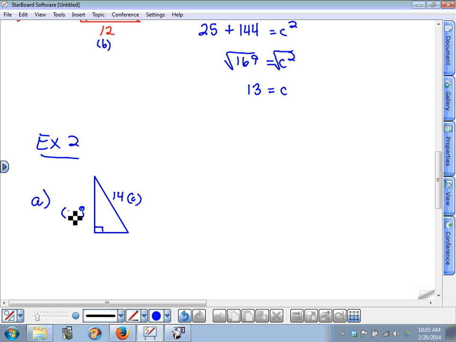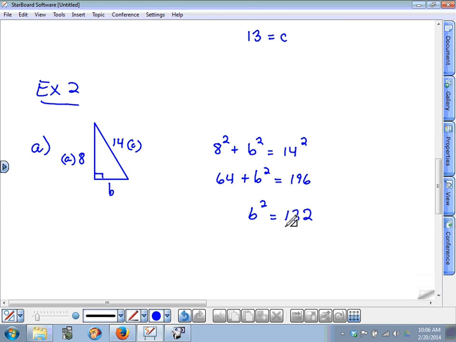We're going to call it A. So that means we're trying to find B. So we have 8 squared plus B squared is equal to 14 squared. 64 plus B squared is 196. B squared, if you subtract 64 on both sides, you get